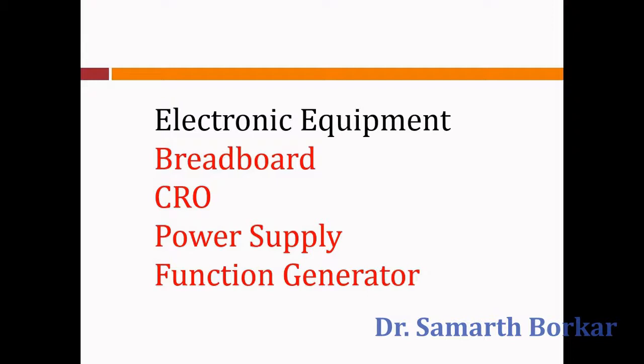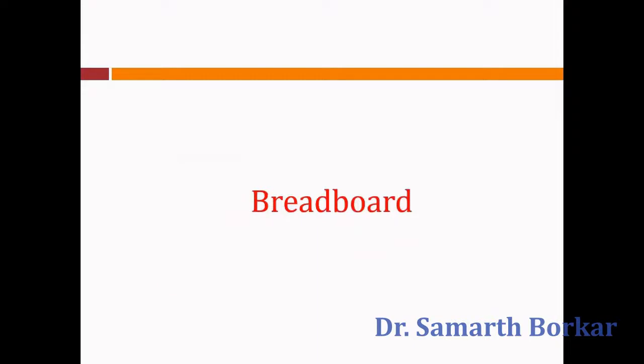And as I've said, the input signal has to be a 1 kilohertz, 20 millivolt sinusoidal signal. That signal is generated from a function generator. And how do we connect the function generator to the CRO? All those things are explained in the setup. So we will start with the video.